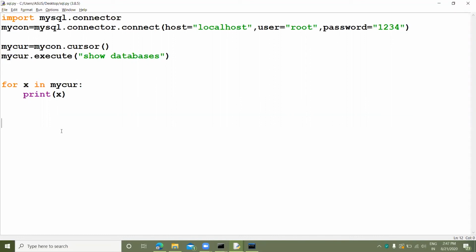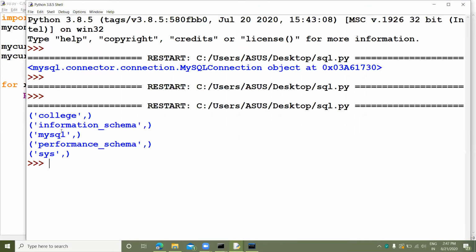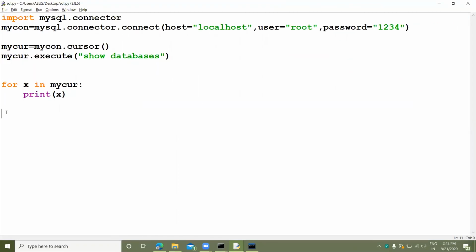Now let's run this program. You can see college, information_schema, mysql, performance_schema, and sys. I created the college database, so it was created successfully. So this is the program to create a database and extract the database names from the server.